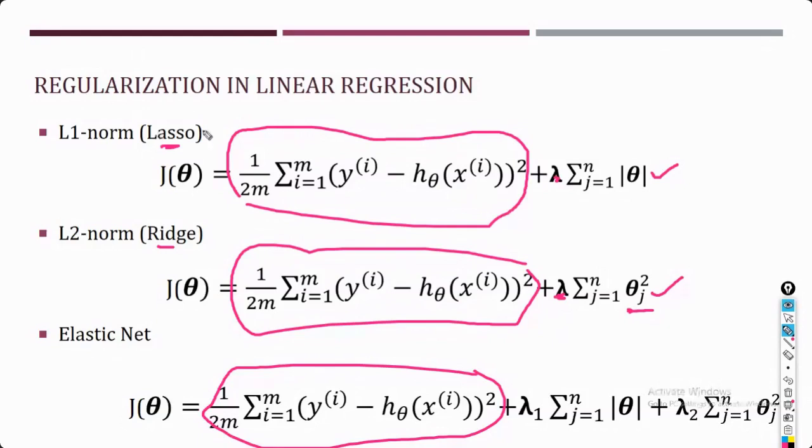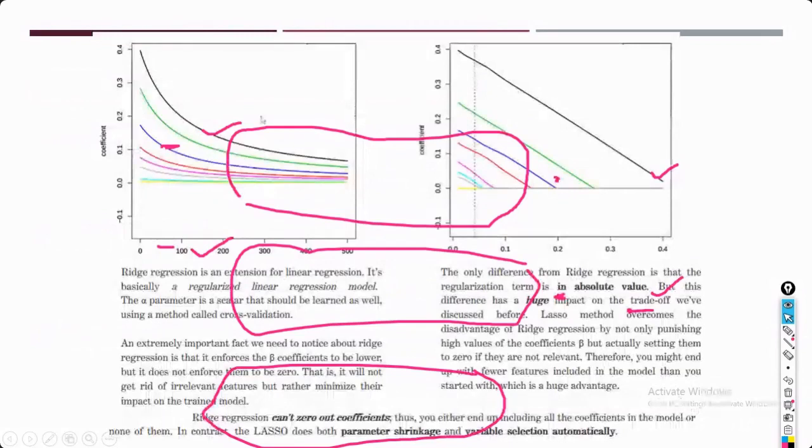This is helping you to reduce the features. This is helping you to deal with your multicollinearity, that means association between the two features. And this is just the combination of these two. We will have a detailed description about how this regression is working. As you can see, we are reducing the coefficient but not to zero.